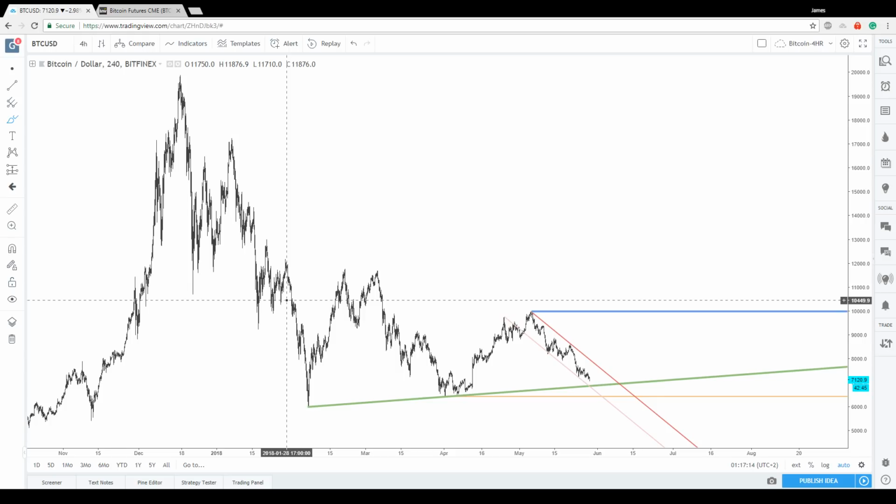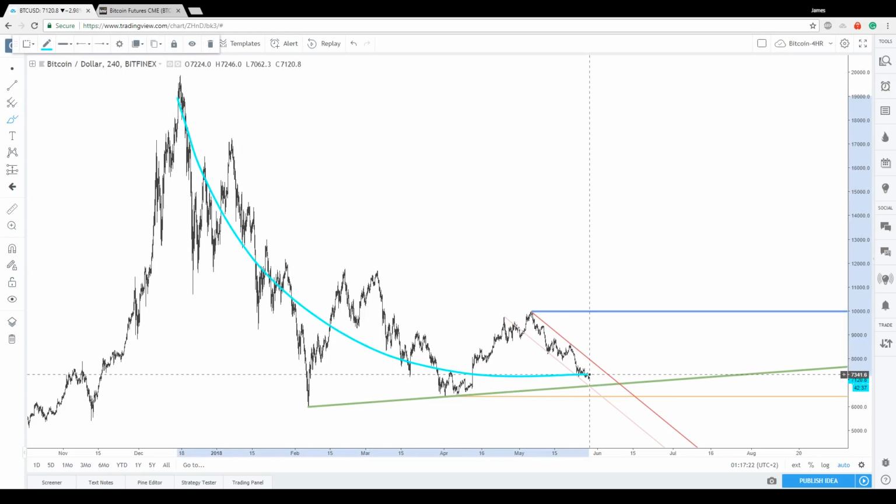It's not about the percentage change. It's about what happens psychologically. That is why it takes so long for these markets to recover. It is about psychology more than it is about the chart, right? So you kind of have to think about both